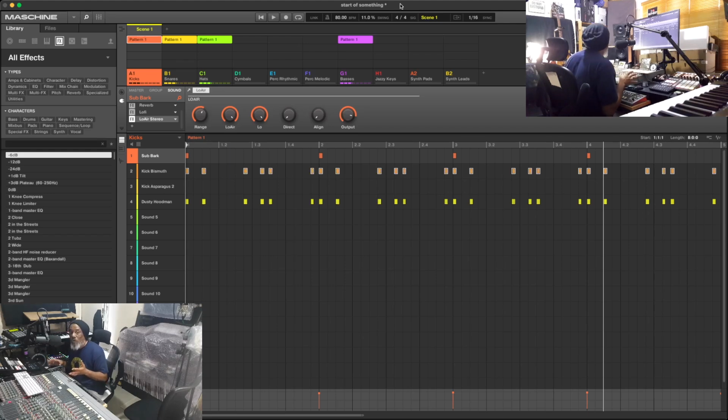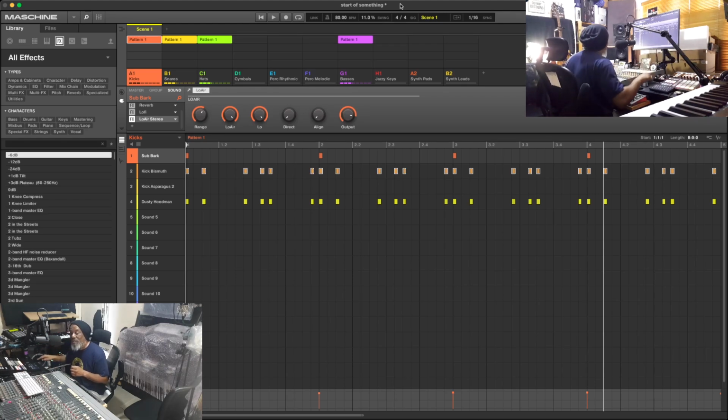So a lot of people, and I have to admit that I was one of them, when I first encountered Maschine, I thought it was like the MPC, where actually everything was self-contained. And of course, now that they've got the Maschine Plus, that is the case. But it's not really that, and I don't think it was really meant to be that. But it was meant to be similar to that. And again, most people who use an MPC will then track out into a DAW or onto tape or whatever and mix from there rather than mixing on the MPC.